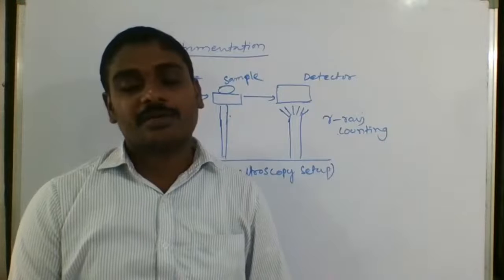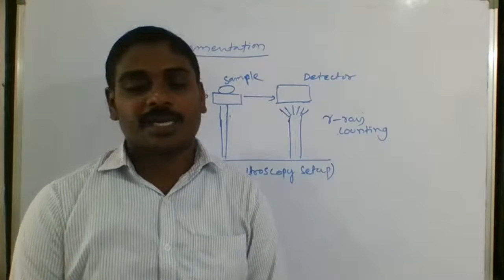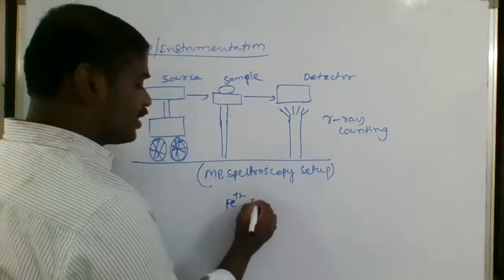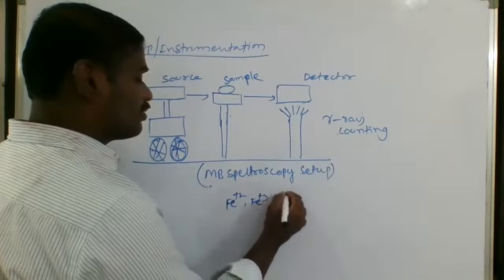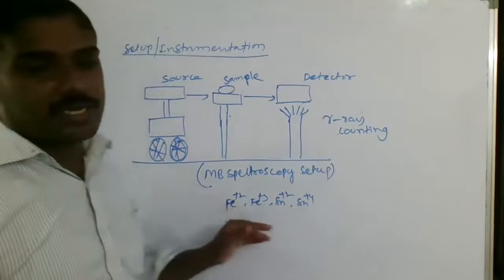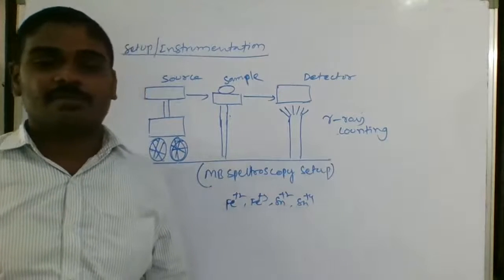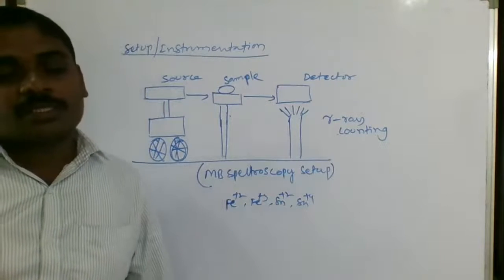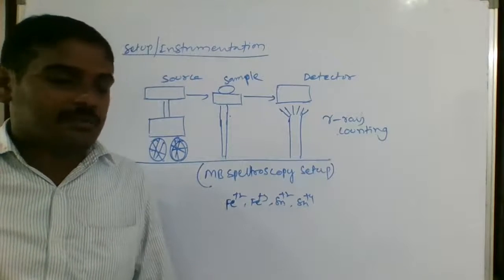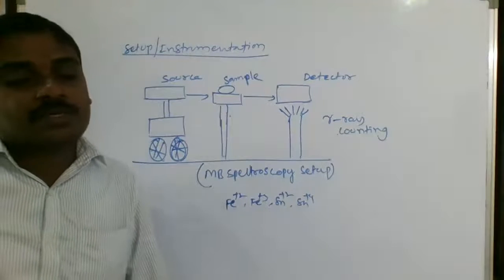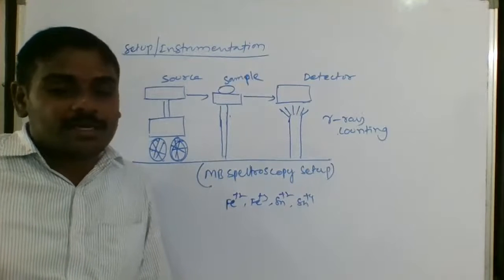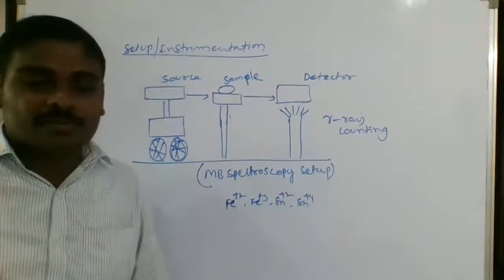It is used to detect the percentage of the different charge states, such as Fe2+, Fe3+, Sn2+, and Sn4+. How much percentage of each ion is present can be detected by Mossbauer spectroscopy. It is also useful for the study of the bonding which is formed between the atoms.